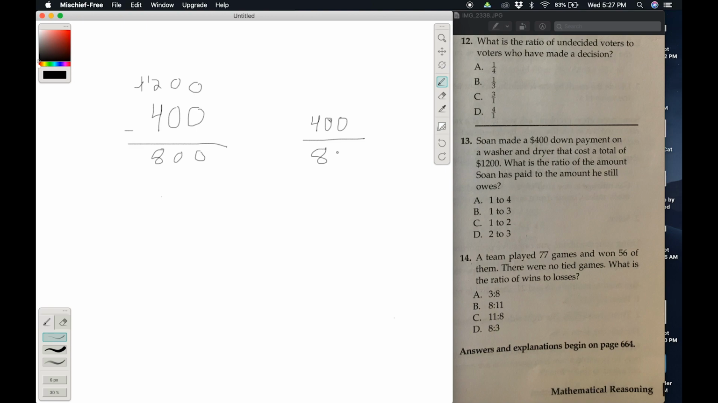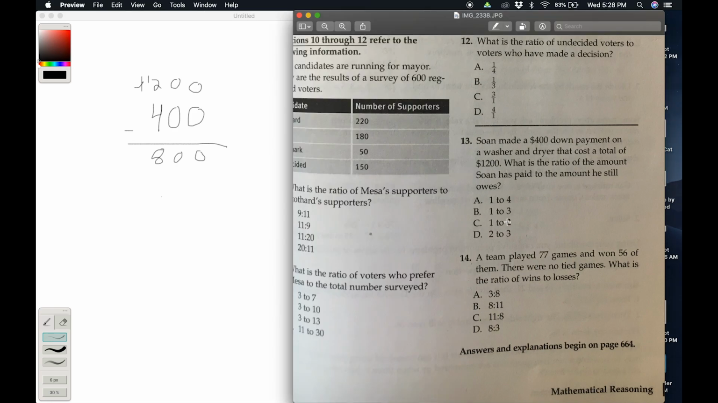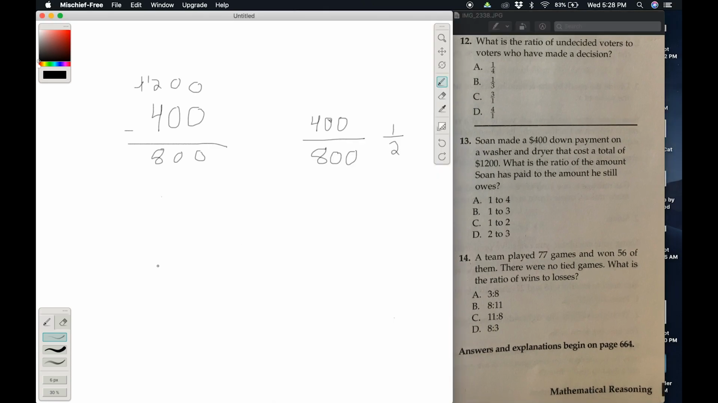Okay, which is 800. And we know, guys, if the numerator, which is the top number, is half of the size of the bottom number, it will always be able to reduce to half. Okay, every time without fail. So that is 1 to 2, which is C. Okay, now the last one